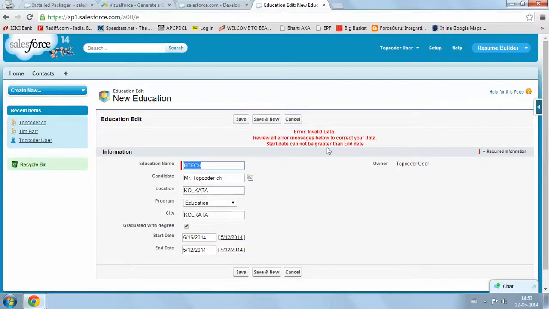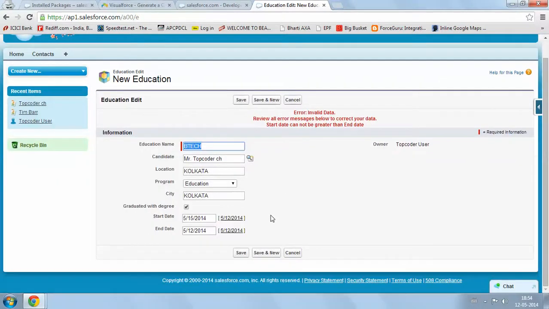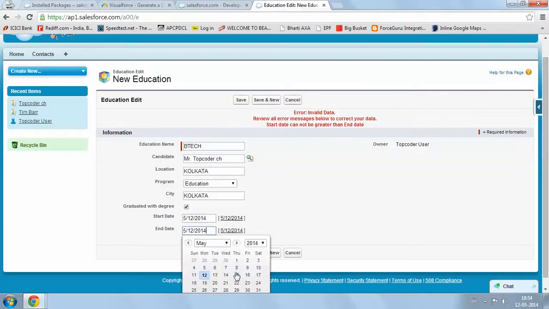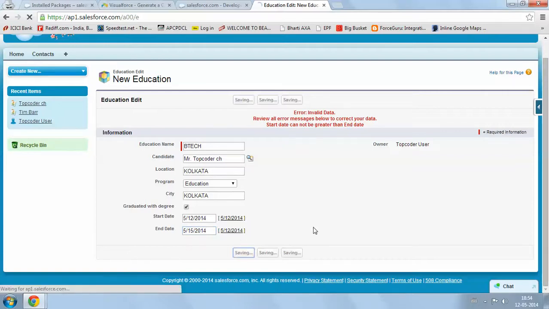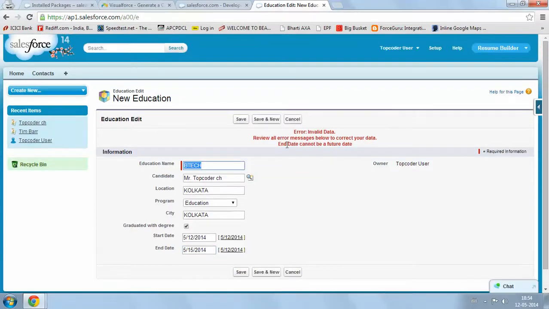So you can see the start date cannot be greater than the end date. I have given some basic validations here, which were not told in the competition, but I added them accordingly. Similarly, if you try to give a future date here and click on save, the end date cannot be a future date, so we'll get these kinds of errors.